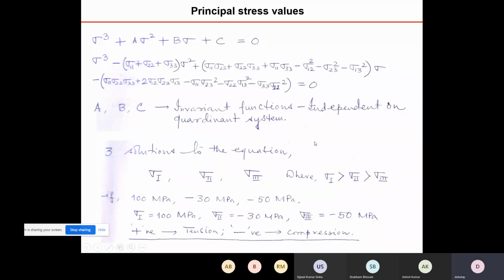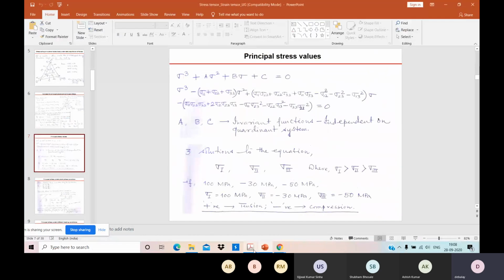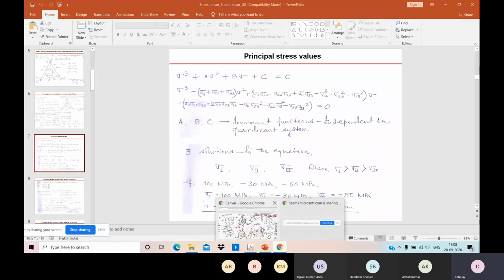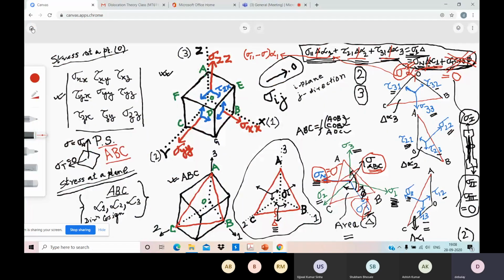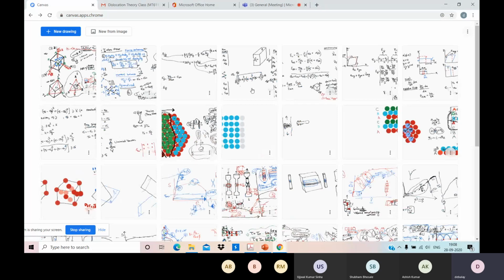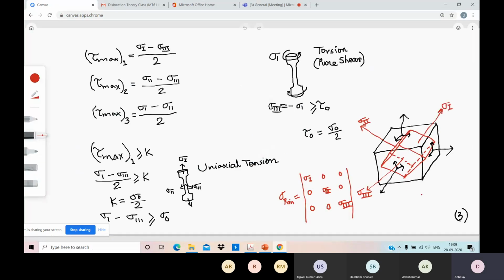Okay, so let me go back quickly to my canvas screen, because I remember that I have made one more nice drawing for you. Don't know whether you will find it or not. Yes. So just to show you, the black lines with the black arrows indicate the stress tensor